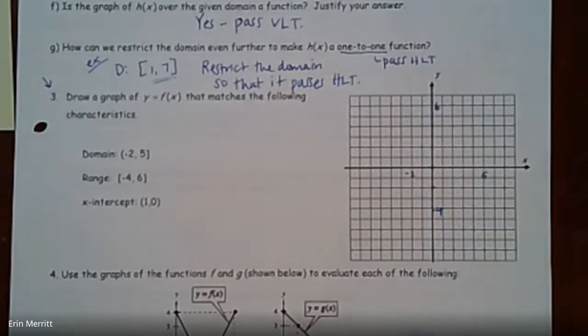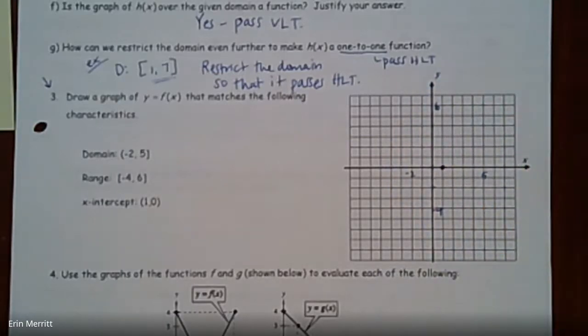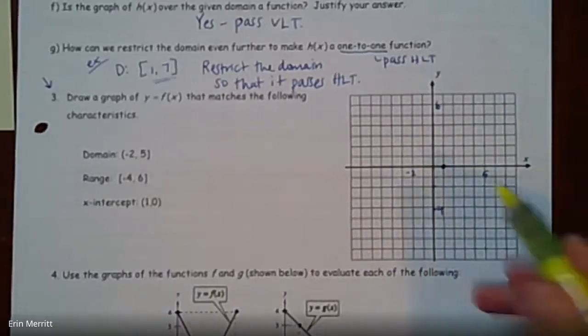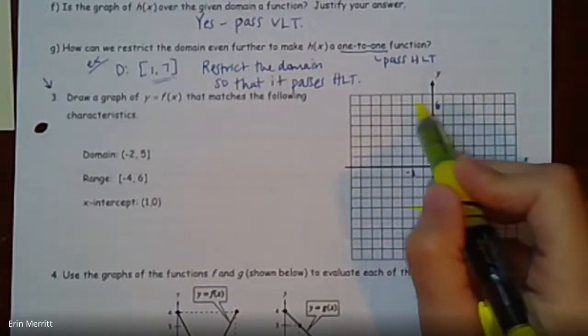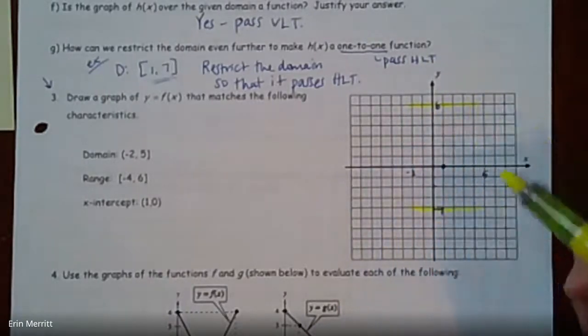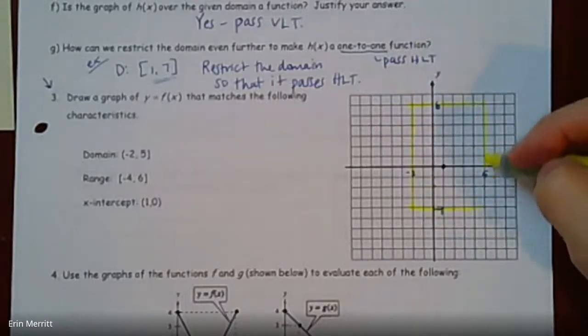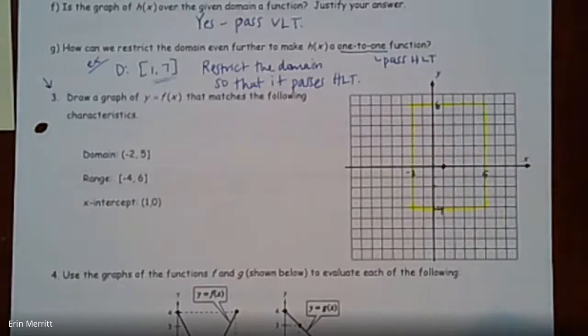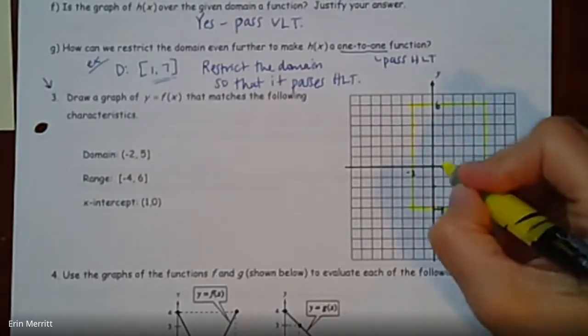All right, and then the one thing it does specify is you have to have an x-intercept at 1, 0. So what you've essentially done, and I happen to have a highlighter here, so I'm going to use my highlighter, is you've given yourself like a little window of the graph that your graph has to sit in. So it can't go any lower than -4. It can't go any higher than +6. It can't go further to the left than -2. It can't go further to the right than 5. So your entire graph needs to be able to sit within that little highlighted window,